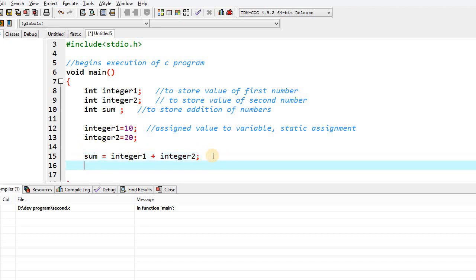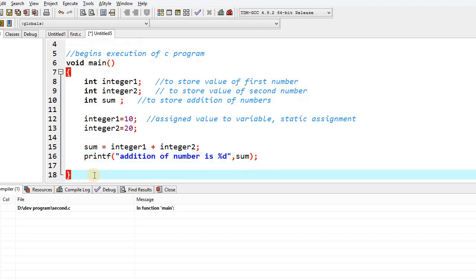Now what we have to do is just printf("addition of number is %d", sum). Okay.